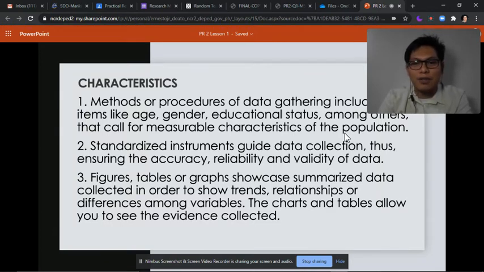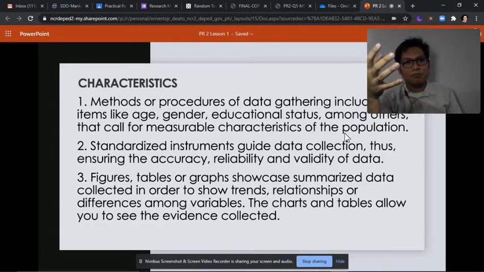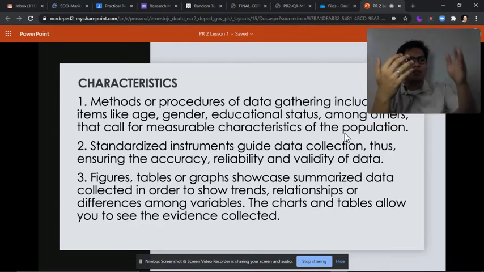Unlike here in quantitative research, data are represented using figures, tables, and graphs. So, halimbawa, sumagot oo, graph dyan. Kung halimbawa, ang inobserbahan ay growth ng isang klase, so nandyan yung scores, nandito yung scores, nandito yung scores.